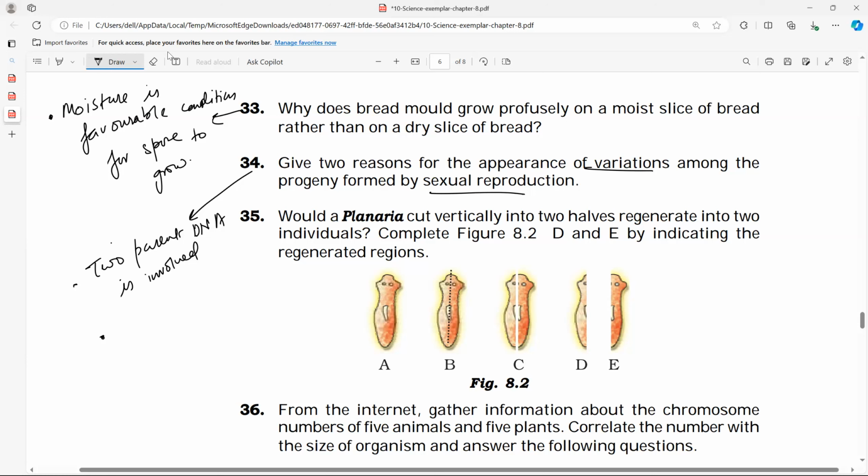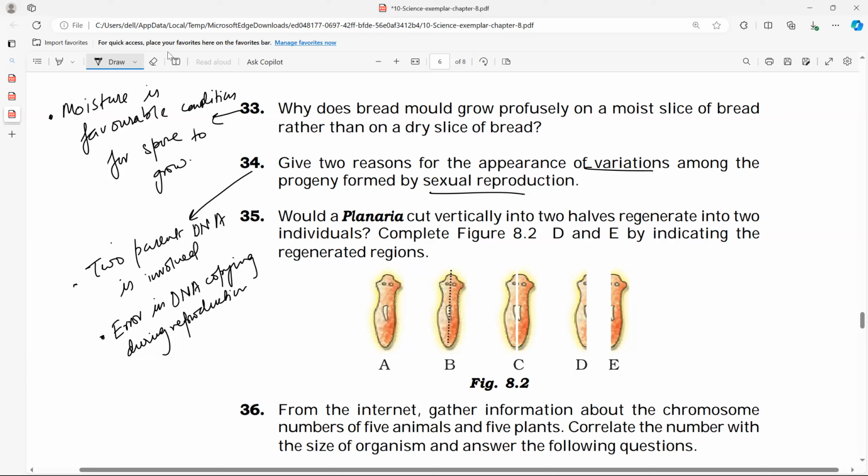The next one is error in DNA copying during reproduction. These are the keywords that you have to use, but you have to write the answer in an appropriate manner: whenever DNA is copied, it is not copied exactly the same as the parents. As a result, variations occur, and this is the main cause of variations. If it is asked why DNA is not copied exactly the same every time,